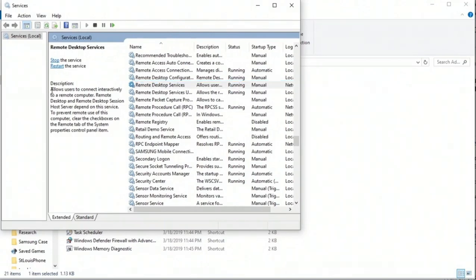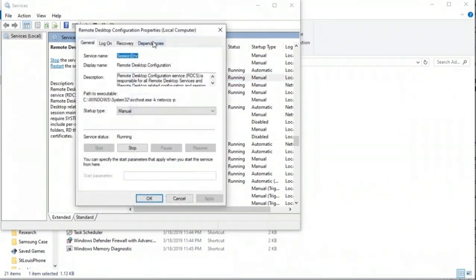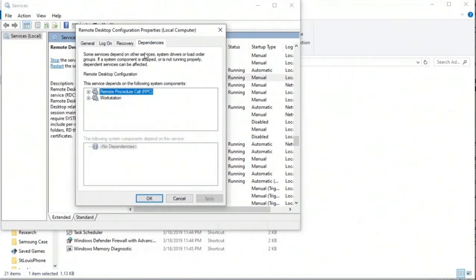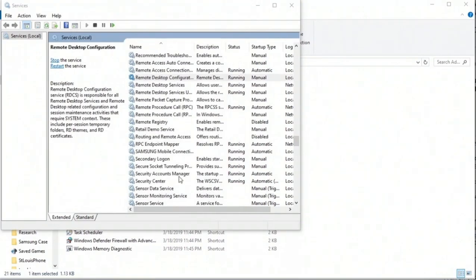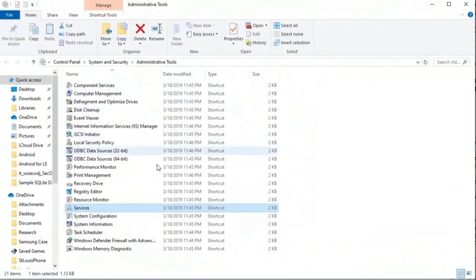So it's very easy. Microsoft will tell you exactly what the service does, and again, under dependencies, you'll find out what else depends on that. So you'll know whether or not you want to turn it off. Now here's one right now I would probably turn off on a real system. Moving right along, that's services.